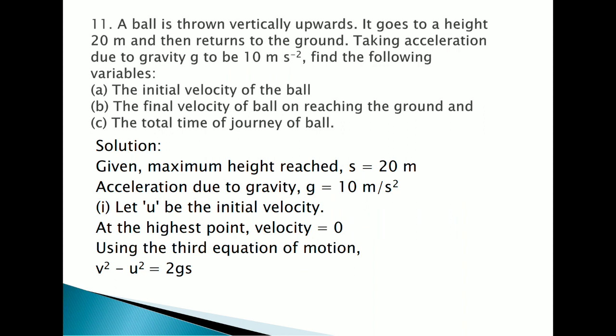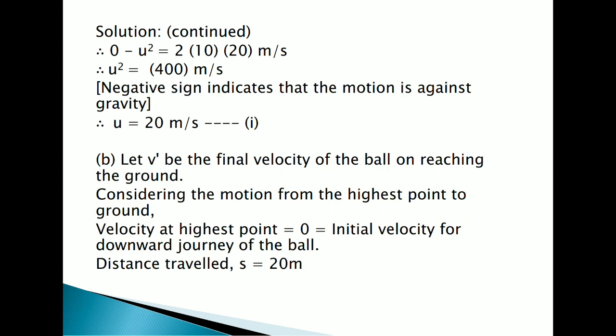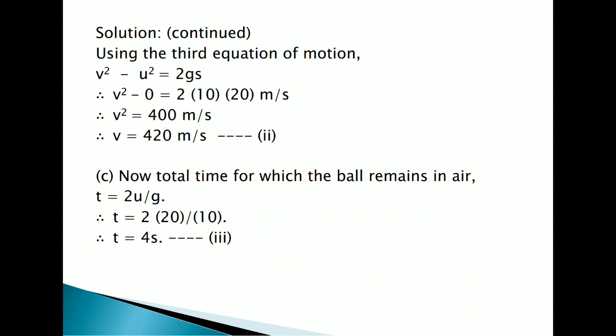What is the final velocity as the ball reaches the ground? Let v be the final velocity on reaching the ground. Consider the motion from the highest point to the ground. Velocity at the highest point is 0 and initial velocity is downwards. Distance traveled is 20. We have to find out the velocity when the ball reaches the ground. ठीक है, so we will be using the same formula, v square minus u square is equals to